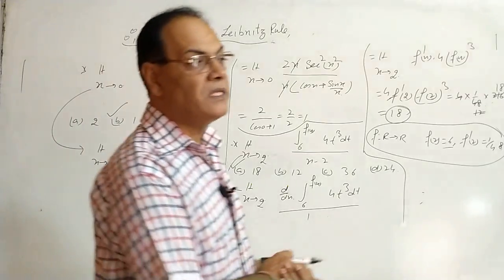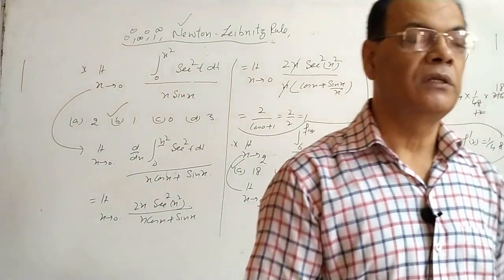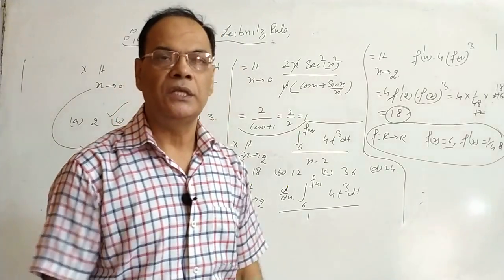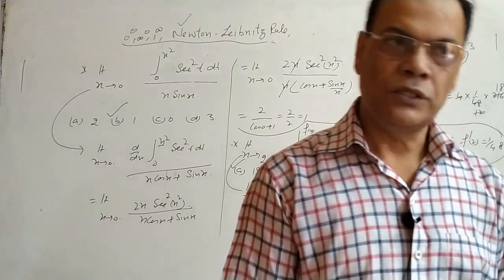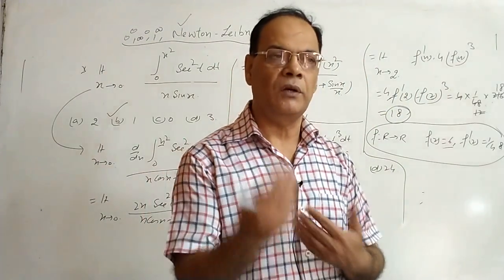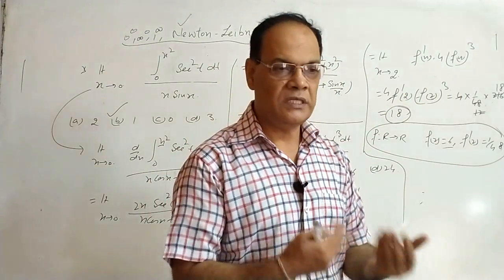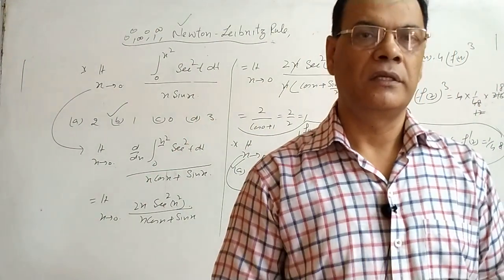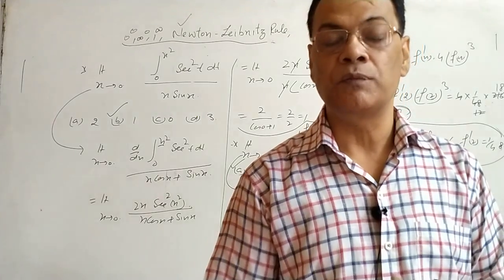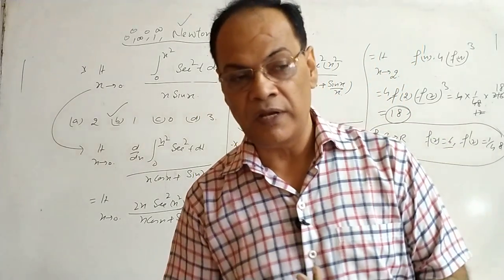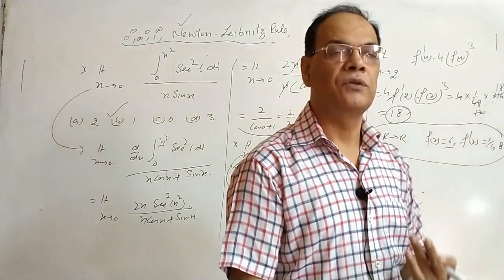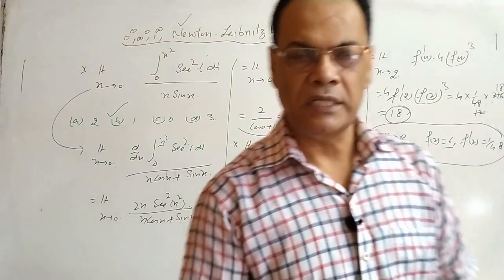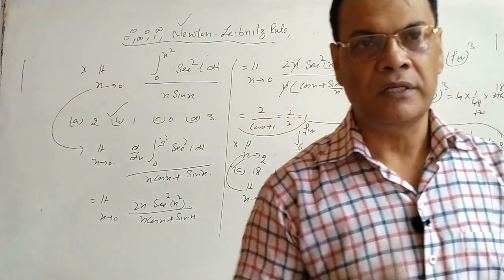Okay beta, so this was the method to evaluate the limit of a function when the function is given in integrating form, either in numerator or denominator, by using the Newton-Leibniz rule. So today we have taken some questions of limits on different indeterminate forms, like L'Hospital rule, like 0 raised to power 0, like infinite raised to power 0, like 1 raised to power infinite, or by using the Newton-Leibniz rule. I hope these are all very clear. Okay beta, so now we will meet in the next video, in the next lecture. So till then, bye bye.